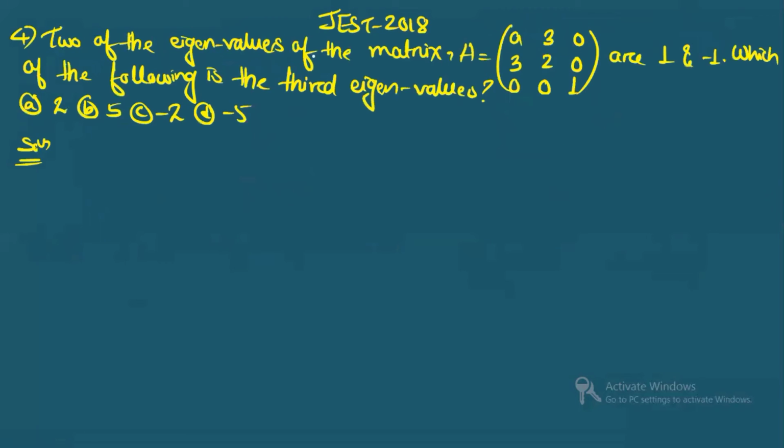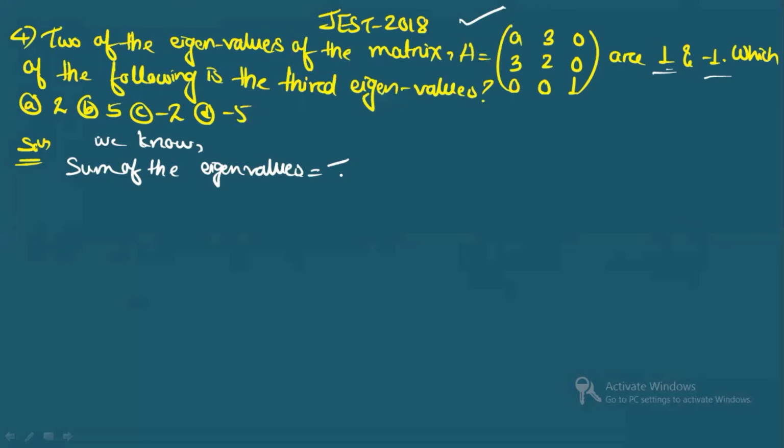Here it is said that 2 of the eigenvalues of the matrix A equal to this are 1 and minus 1. Which one of the following is the third eigenvalue? You are given a matrix whose 2 eigenvalues are given, and you will have to find the third eigenvalue. So first of all, what we know is that trace is the sum of eigenvalues, right? We know the sum of the eigenvalues is equal to